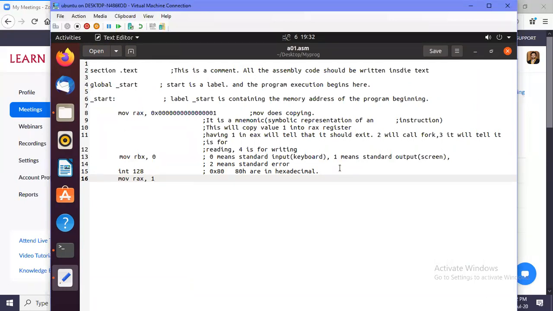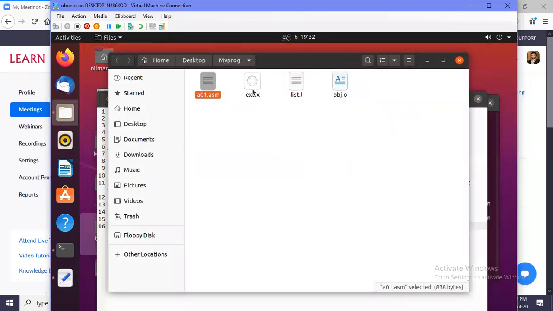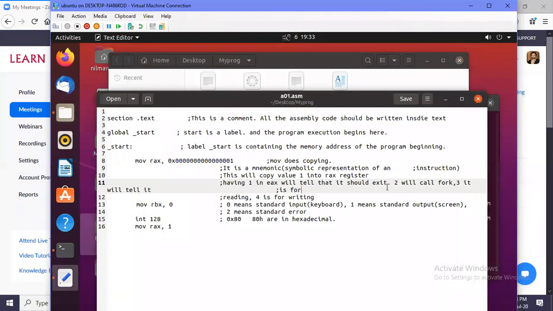So now I have changed the source code, that means the assembly file. But since I have already created the list file, object file, and executable file from the previous assembly file, these changes will not be available in the executable file. So if you make any change in the assembly program after assembling, then you need to reassemble it.